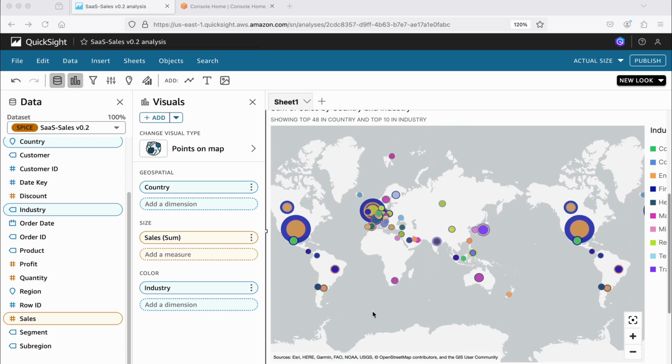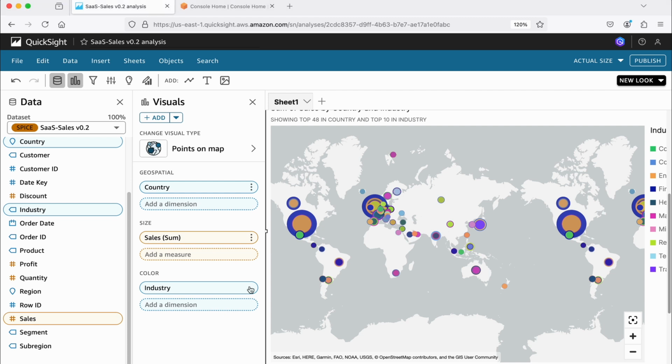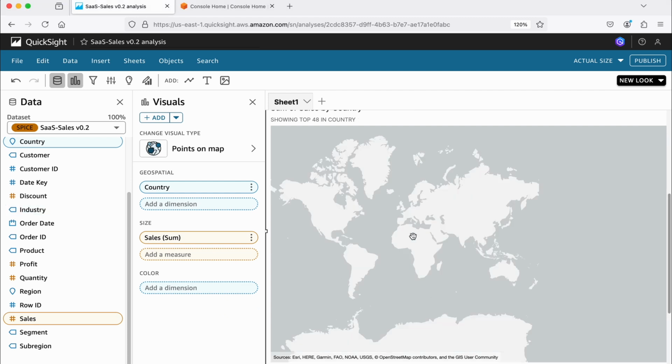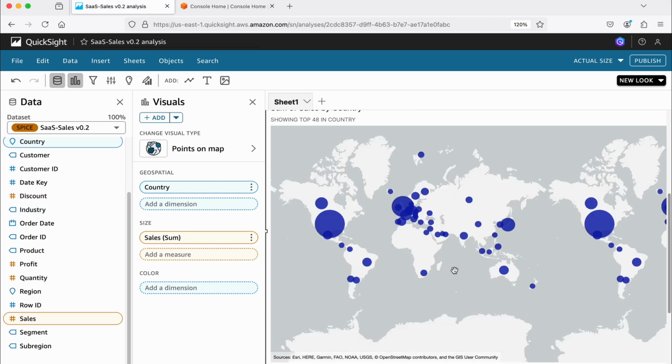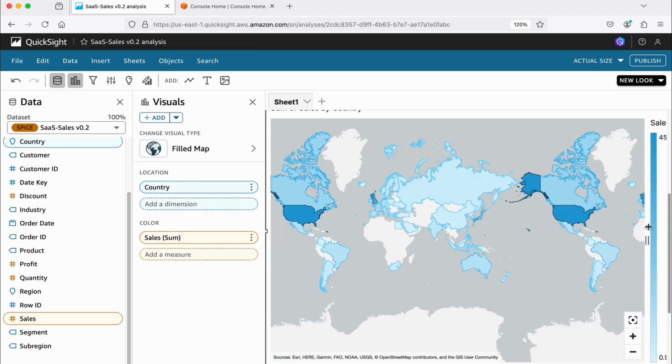Let me convert this to that. I'm going to make it more clean. I'm going to just remove this, and then I'm going to change the type of this visualization. Right now it is points on map. I'm going to change it to filled map, this one. So now you can see that there is a color grade which is used based on your sales. For example, US, you can see it shows that the sales is on the higher side, but the lighter blues